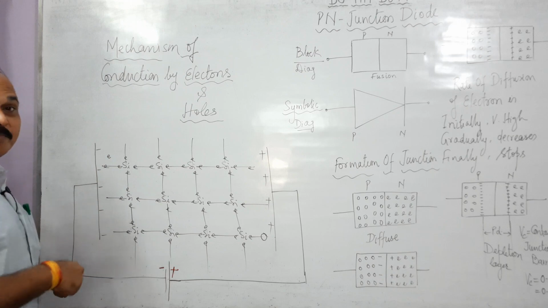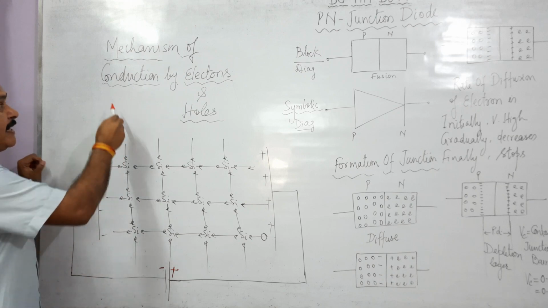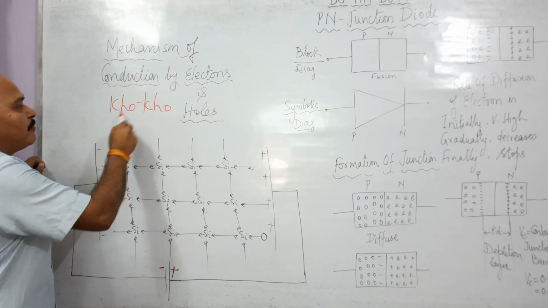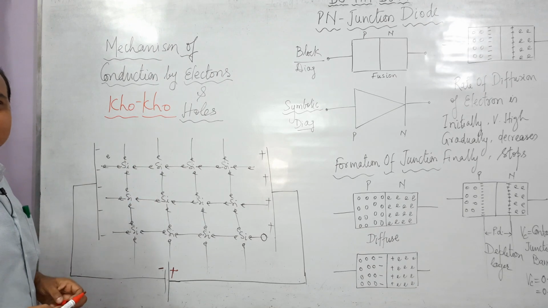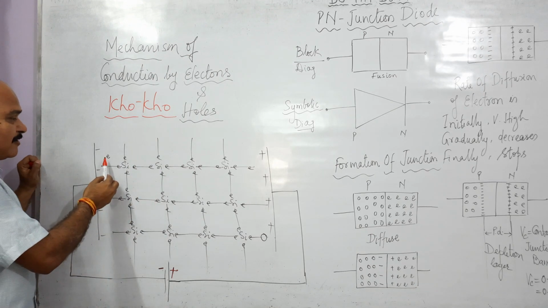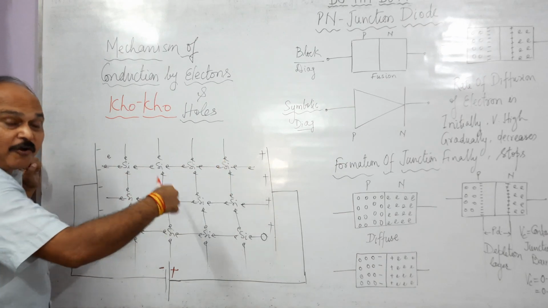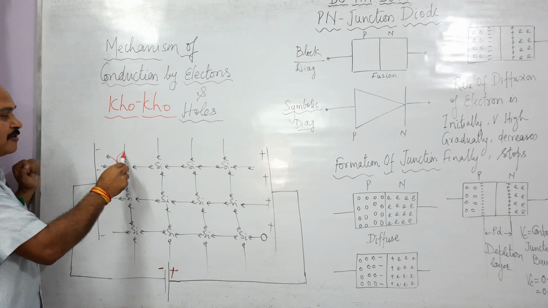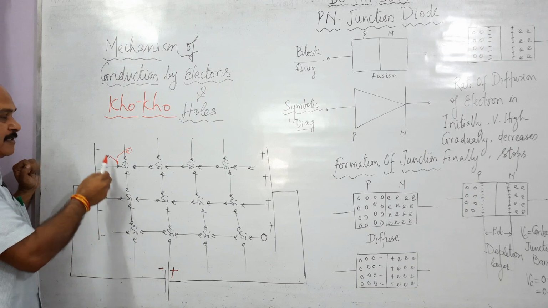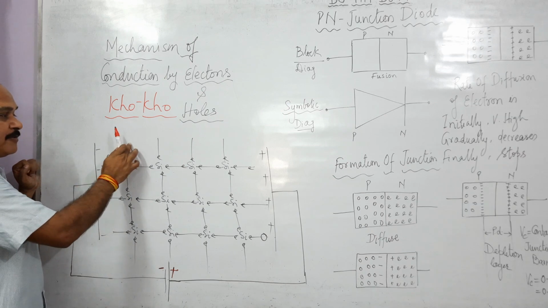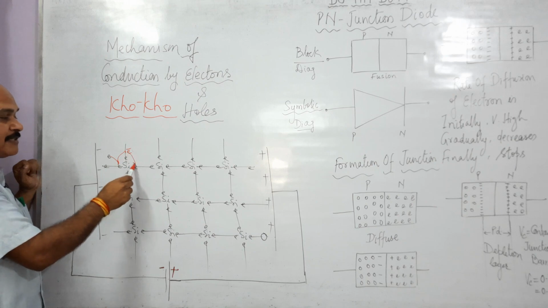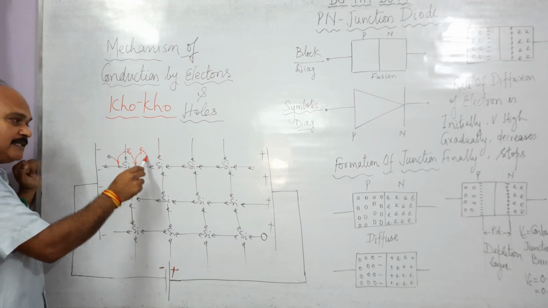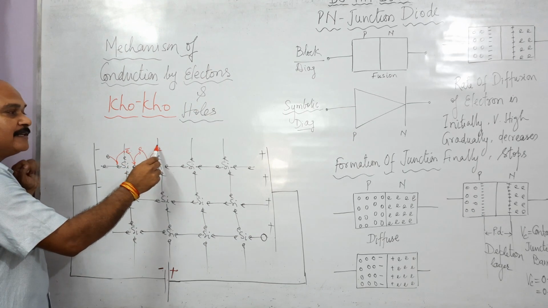Well, this electron moves by playing a very popular Indian game of Kho-Kho. All of you are familiar with this very popular Indian game, Kho-Kho. So how does this electron move? See, this electron is acted upon by a force towards this positive plate. But how is it going to move towards the positive plate? See, this electron says Kho to this electron, and this electron comes out and becomes free. This electron occupies this place, and this electron comes out. Now this electron says Kho to this electron and it comes out. And this electron again pushes this electron, and this electron becomes free.